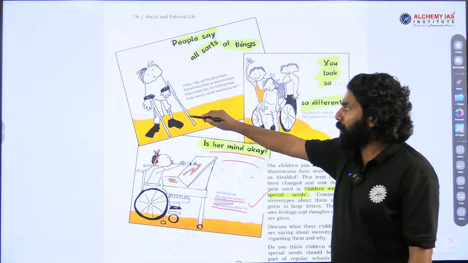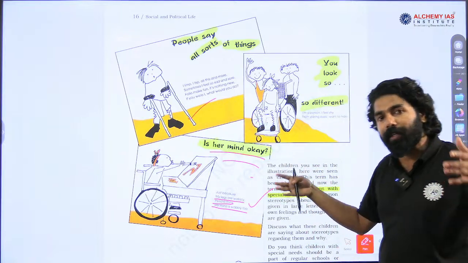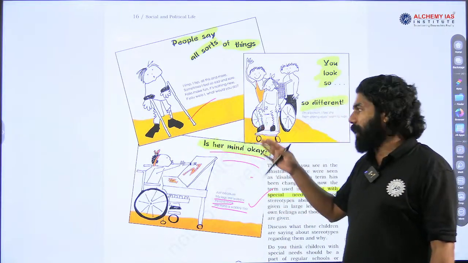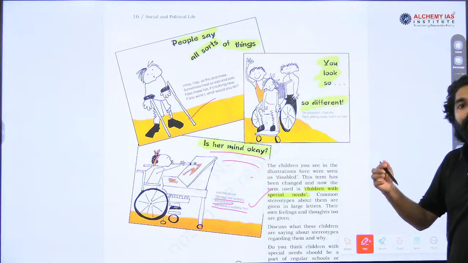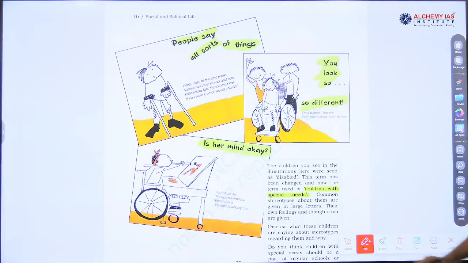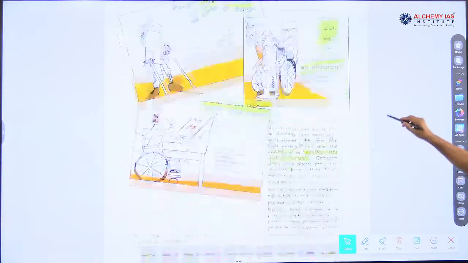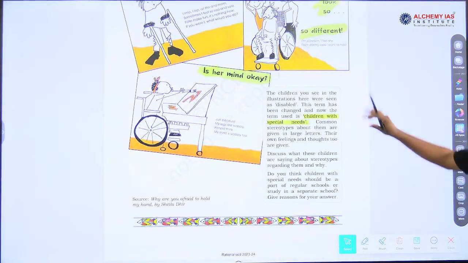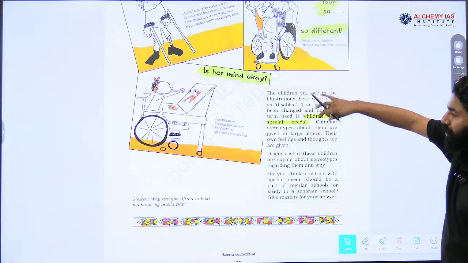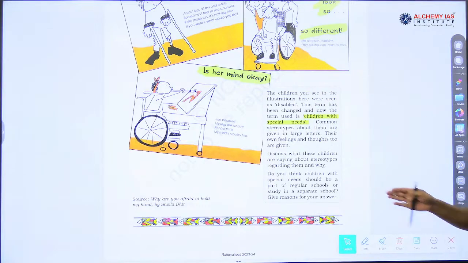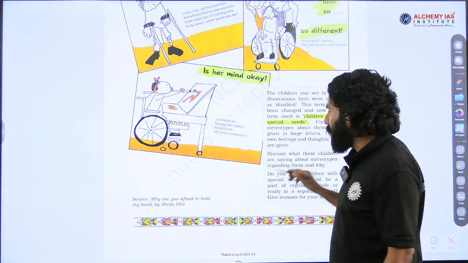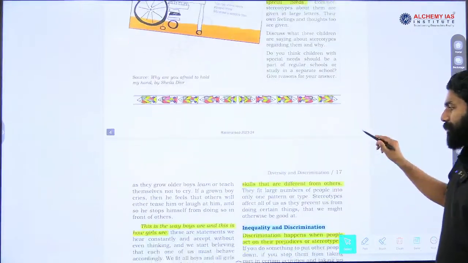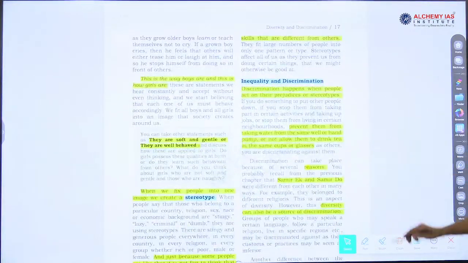Similarly, some people will make jokes or fun out of a person who has different skills. These are the kind of situations that we may have seen in our society, where people have this kind of stereotype towards one section of people. This is what is explained in this particular box regarding a vulnerable section that we have, children with special needs or differently abled. Next,